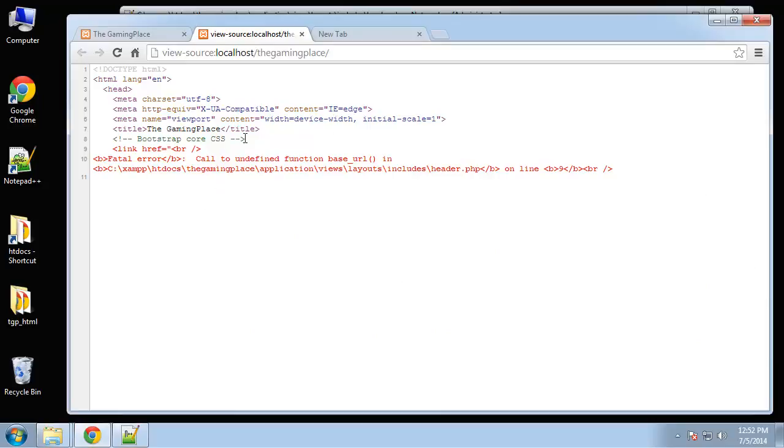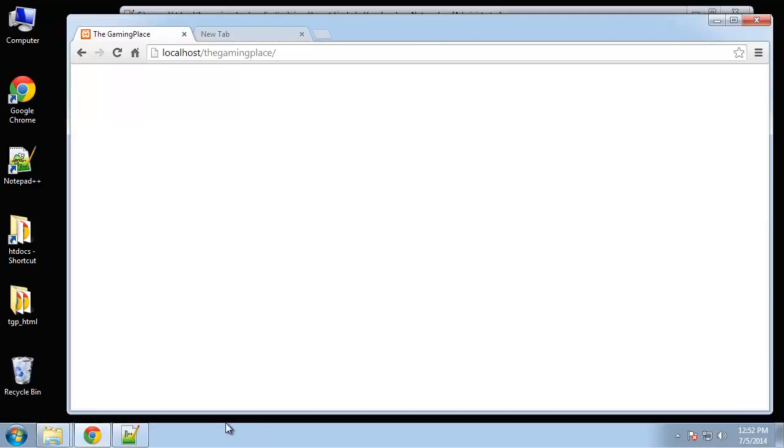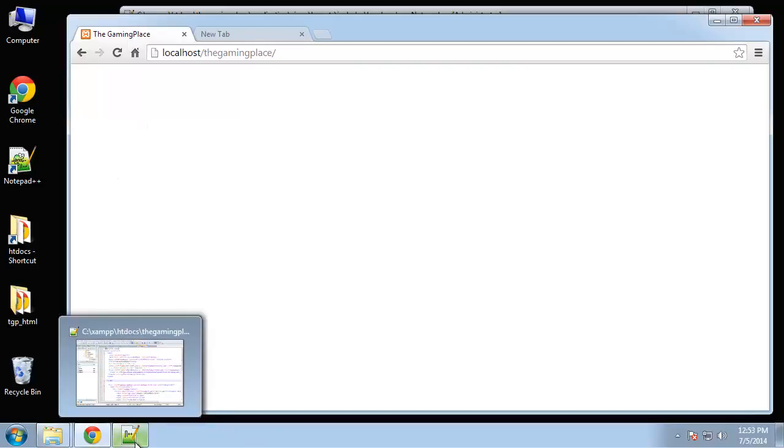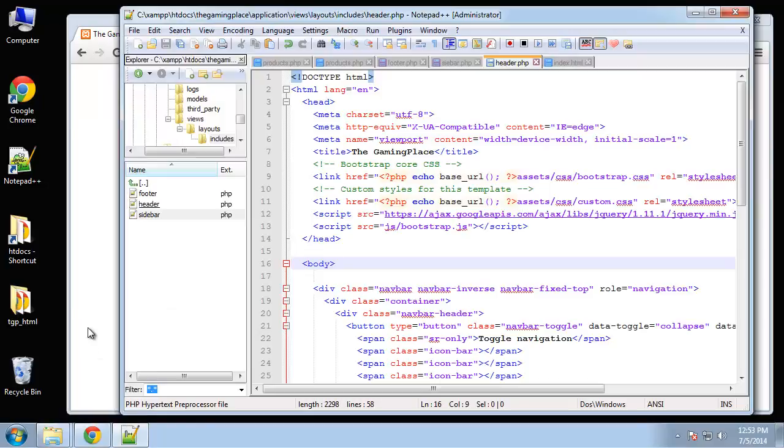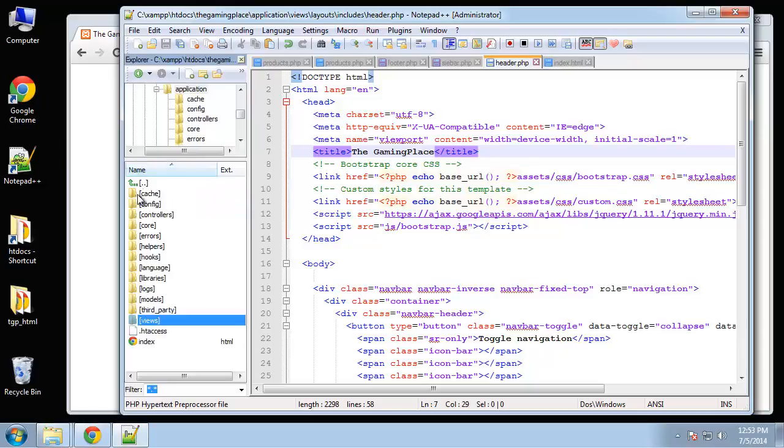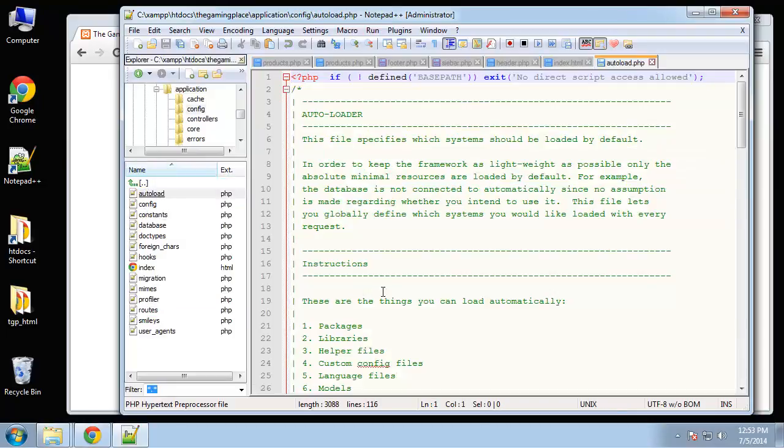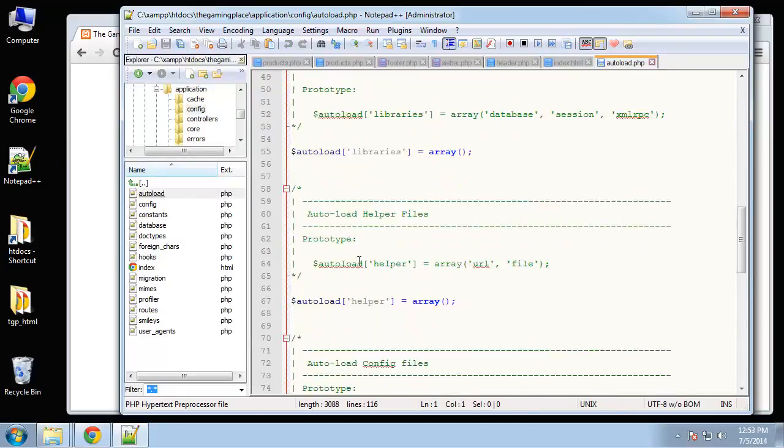Alright, and that should now load the CSS, or not. Alright, so call to undefined function base_url. And the reason this is happening is we haven't loaded the URL helper. Okay, so CodeIgniter has a bunch of helpers that we're going to use, but you need to load them. And I'm not going to load them manually inside of our controller. I'm going to go to our autoload config file, which is in config, autoload, and then down here,